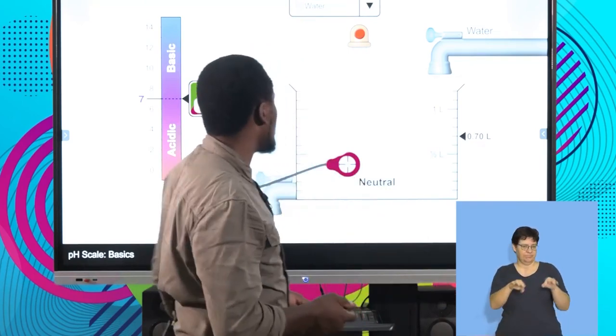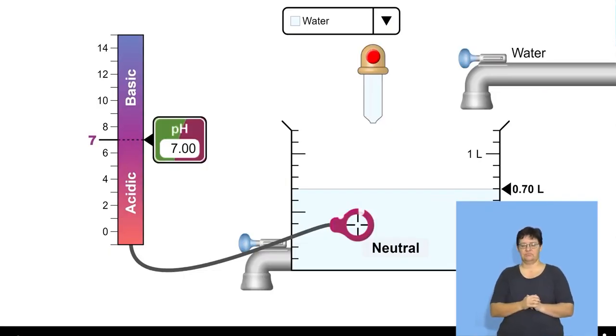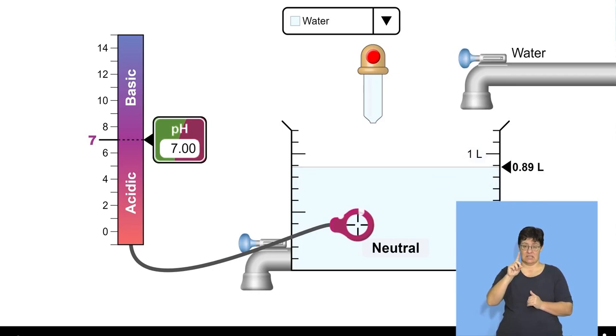Now, let's take, for example, from this simulation, we've got water, whatever volume of water. This is like 700 milliliters, which is 0.7 cubic decimeter. Okay, so if you add more water, you realize that the pH value is 7. So the volume of water has no bearing on the pH value. Okay, so it's actually per substance.